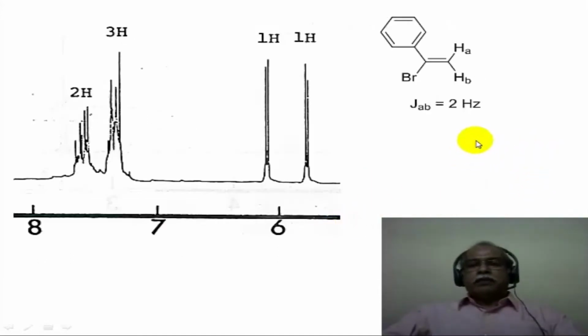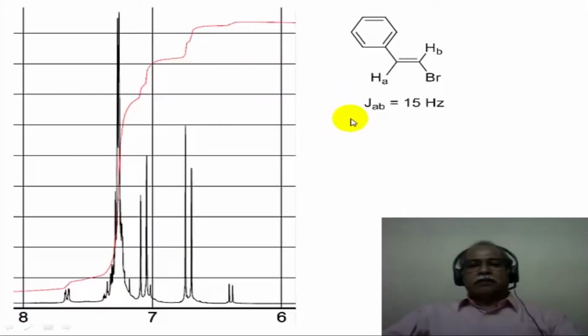Now here are some examples of typical AB patterns. This AB pattern corresponds to the two geminal hydrogens attached to the olefinic carbon. The olefinic geminal coupling constant is very small, about 2 Hz only. So you can see a small gap between the doublet and doublet here. Nevertheless, if you look at this particular doublet, the two lines are not of equal intensity, so it has a second order effect built in.